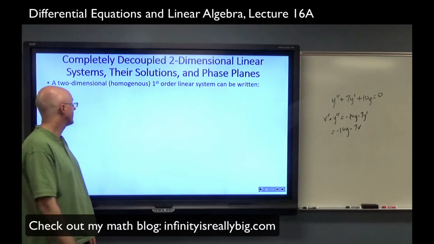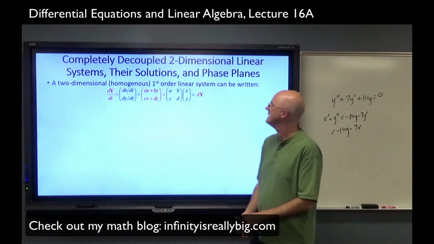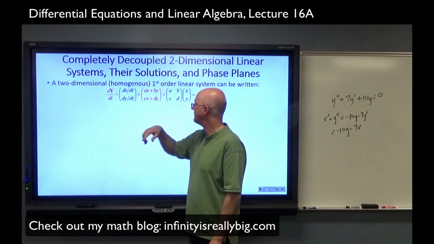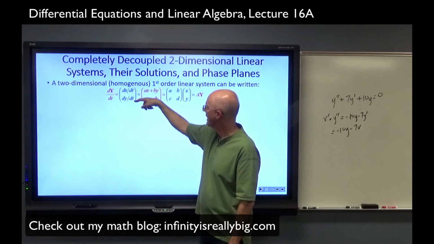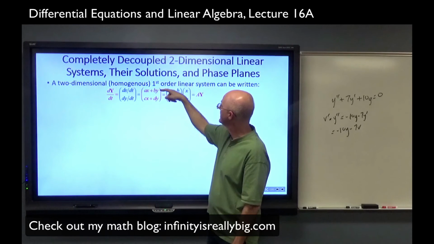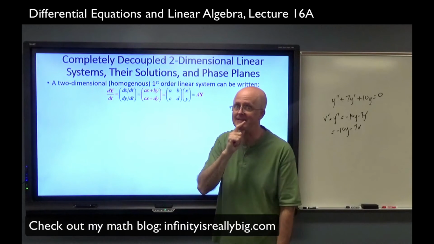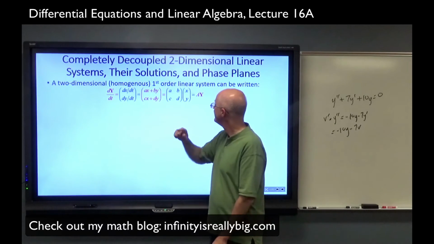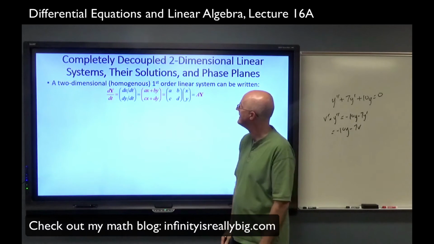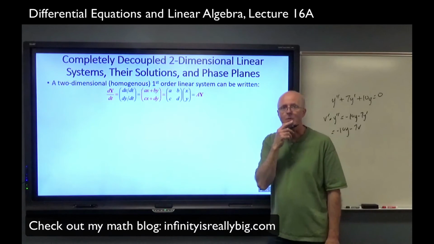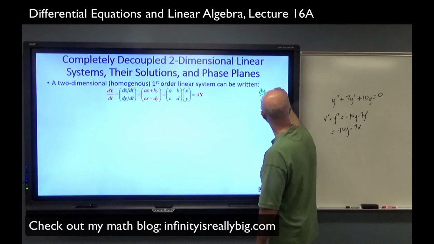In general, a two-dimensional homogeneous first-order linear system is one that can be written in this general form. d vector y dt, boldface capital Y, equals, okay, now we're going back to x and y, dx dt, dy dt for the components, equals linear expressions involving x and y, with no constants being added. This is like a linear transformation, which can be represented as a matrix times this vector boldface y. You can call it A times boldface y, which is very analogous to the scalar case, dy dt equals ay,